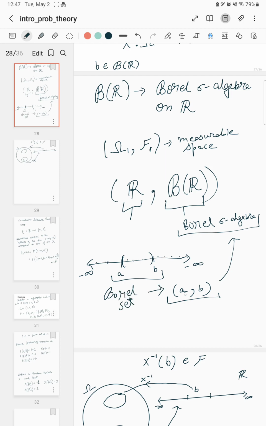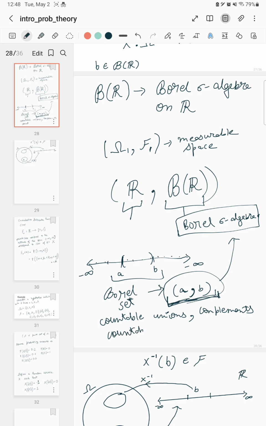Open intervals from A to B, the set of all real numbers belonging in this range. So this is a Borel set. The set of all such Borel sets forms a Borel sigma algebra. And also, not just this, a Borel set can be formed by countable unions, complements, and countable intersections,